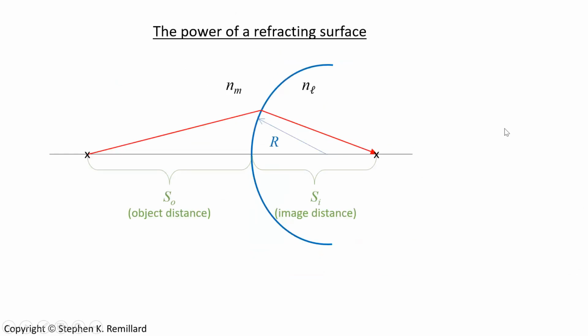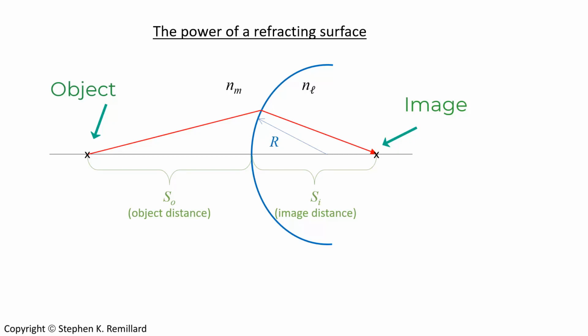So let's look at the front surface. Consider an object in front of the front surface, a distance s sub 0 from the vertex of the front surface. When a ray comes from that object and hits the front surface, it is refracted down. Now, if we consider the case of this glass going on forever, then that ray refracts down and hits the optic axis at the image point. So the image distance s sub I and the object distance s sub 0 are depicted here